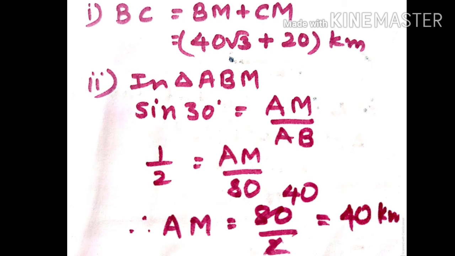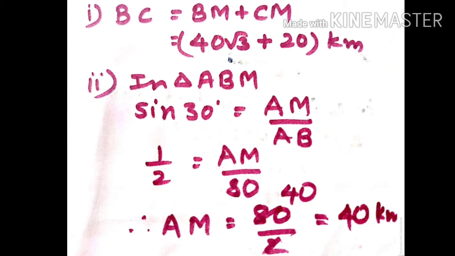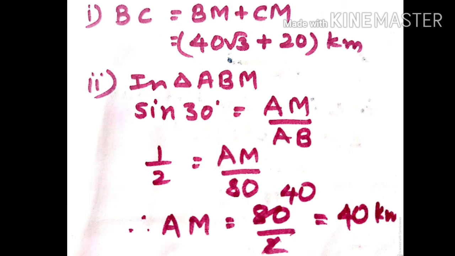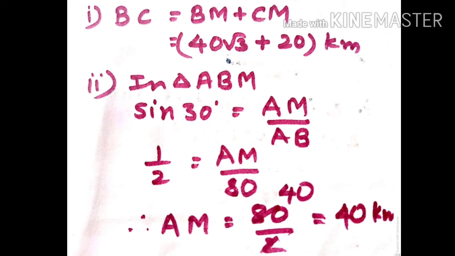Now check the second question, which asks for the horizontal distance of point C from point P. So that is the horizontal distance. You can see we want to find PC. But students, here you see the figure, you will understand that AM and PC are the opposite sides of a rectangle, so they must be equal. So if we find the AM value, then we can write PC as the same.